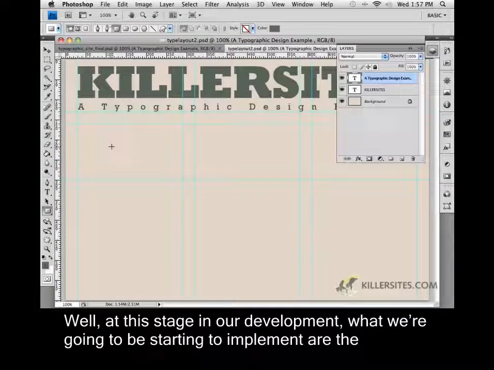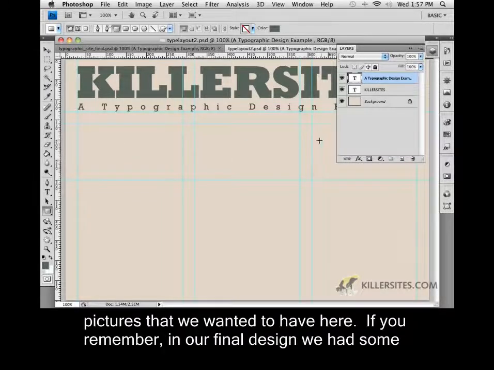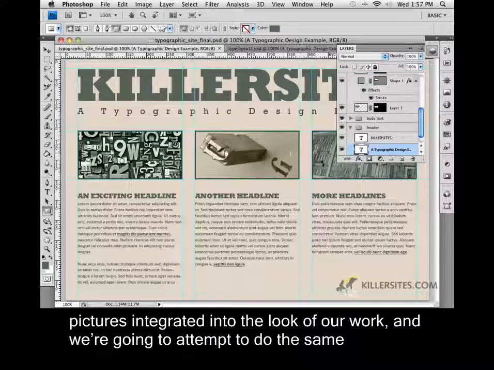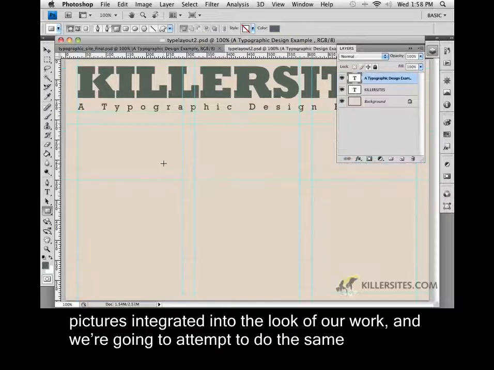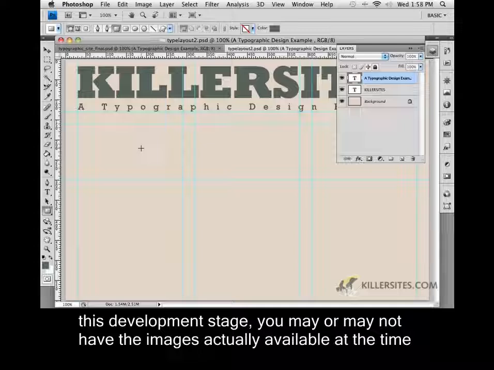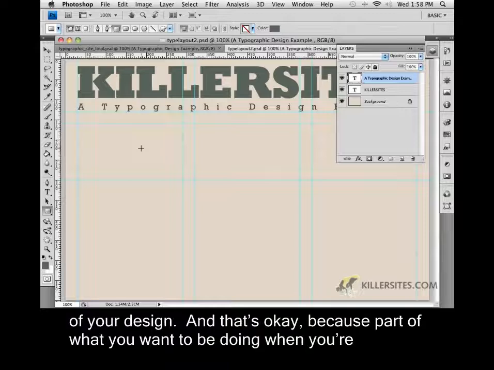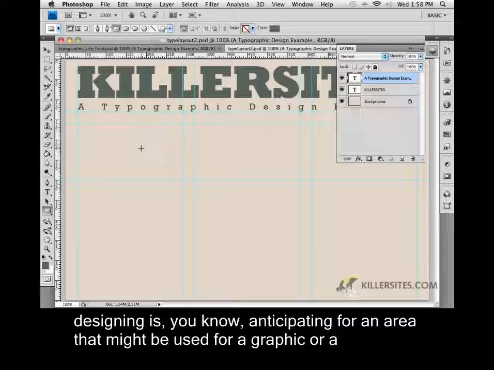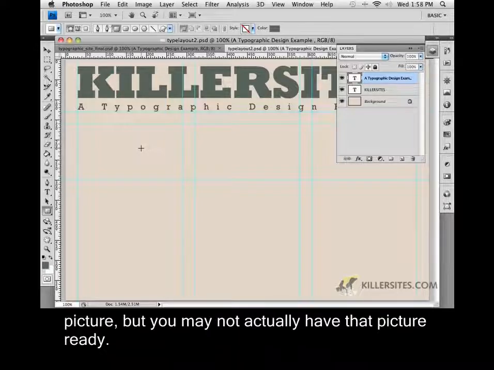Well, at this stage in our development, what we're going to be starting to implement are the pictures that we wanted to have here. If you remember in our final design, we had some pictures integrated into the look of our work, and we're going to attempt to do the same thing here. Now, sometimes when you're in this development stage, you may or may not have the images actually available at the time of your design. And that's okay, because part of what you want to be doing when you're designing is anticipating for an area that might be used for a graphic or a picture, but you may not actually have